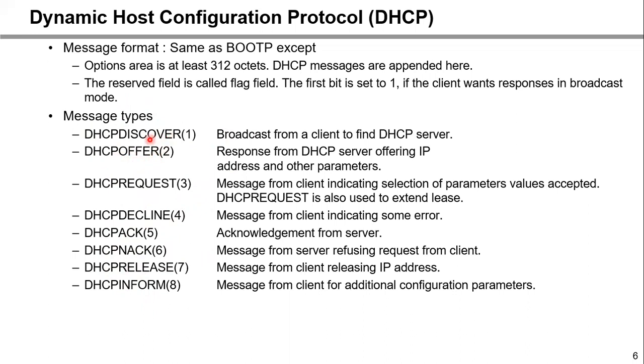Next in the sequence is DHCP offer. Once the discover message reaches the DHCP server, the server offers something to the client. It is the response from the DHCP server offering something to the client. You have to mention those other parameters which we have seen previously, like the DNS server, maximum transfer unit, and TTL value. So that is the second message. The third one